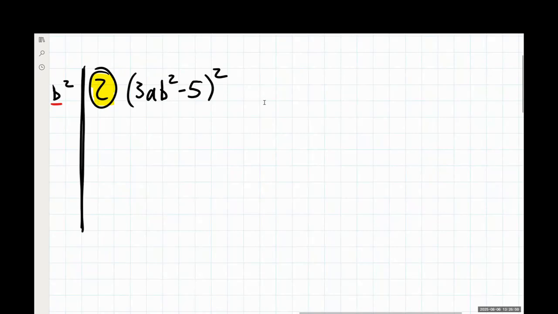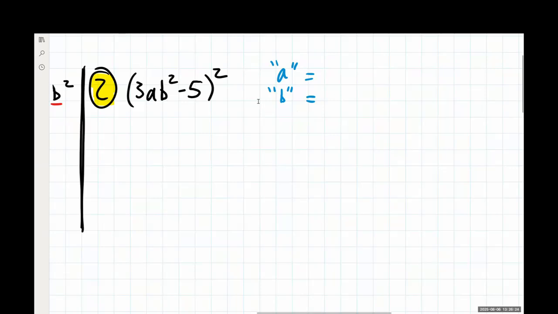So as we're going through this thing, you can expand this thing out if you wanted to do the distributive property, combine like terms, or you can use this shortcut that we have. And again, it's your choice on which one you would like to use. Both will work. One might be faster than the other, but kind of difficult to say.